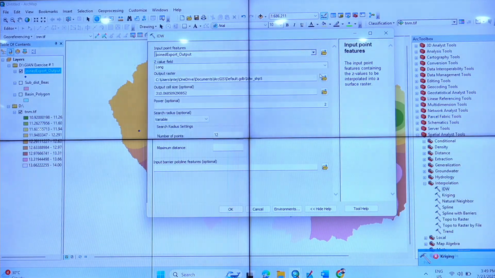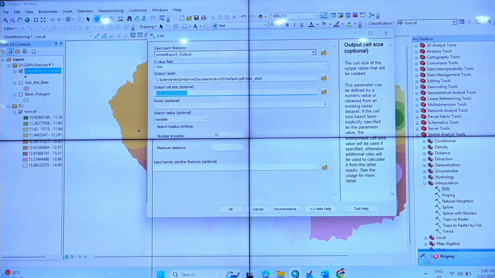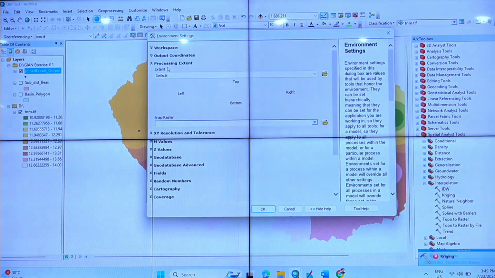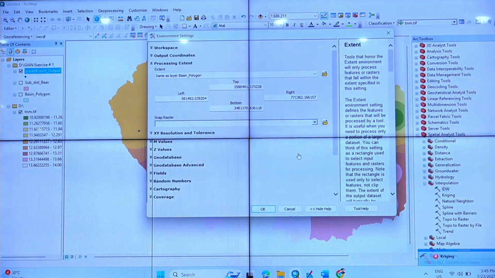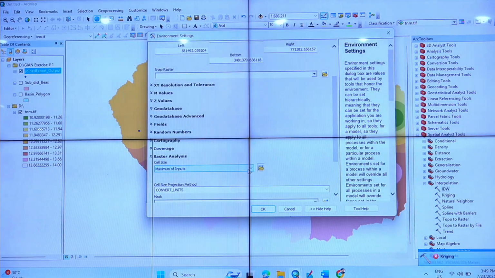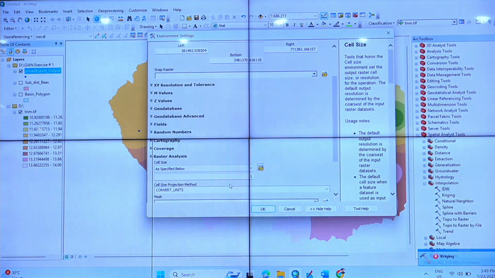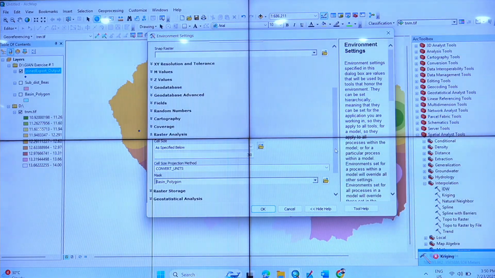So let me do it again. Go to processing extent. Okay? 30, then mask, right?